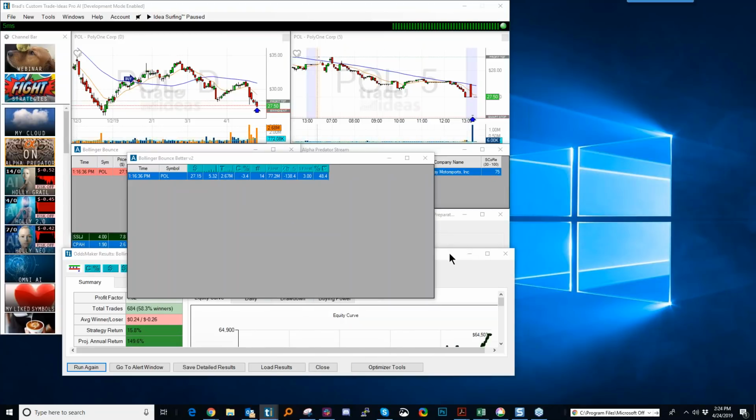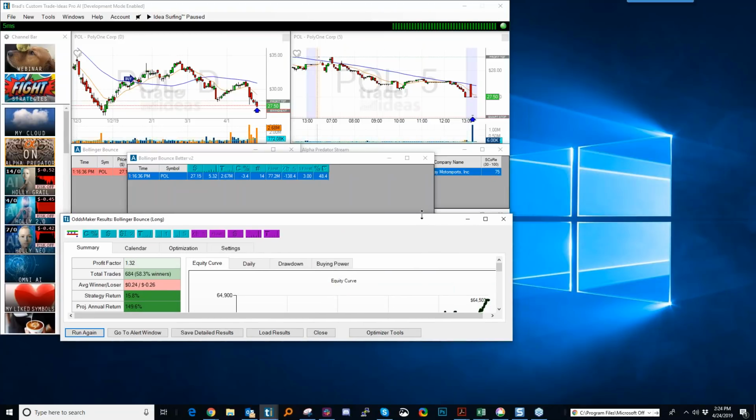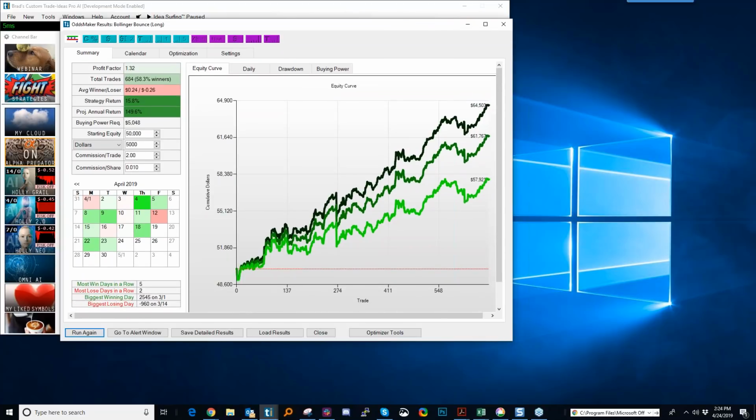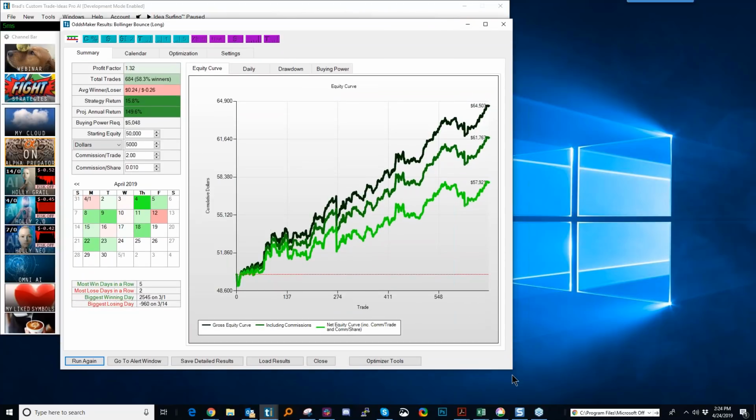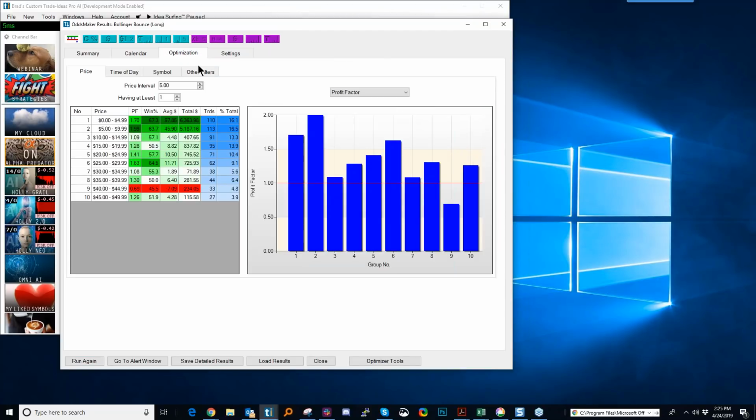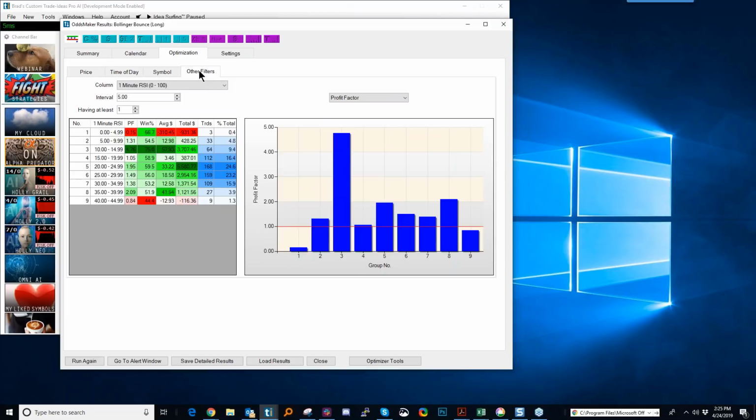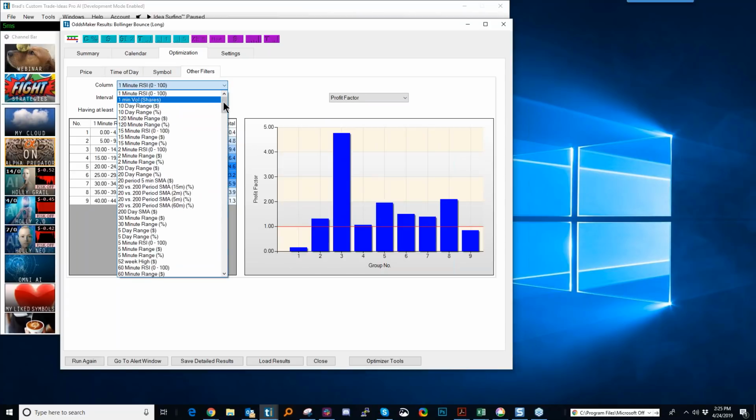Let me bring in the original base strategy here, because it'll just give you a quick highlight of what the computer's doing that we're unable to do in a really effective way, and that's the optimization tab right here. If this is run properly, when you go to the other filters tab inside of the optimization, you're going to have access to all the filters inside of Trade Ideas. And at the top, I think I have some of my custom filters.